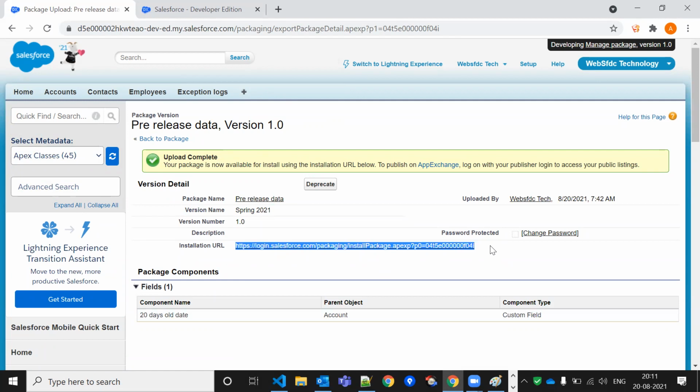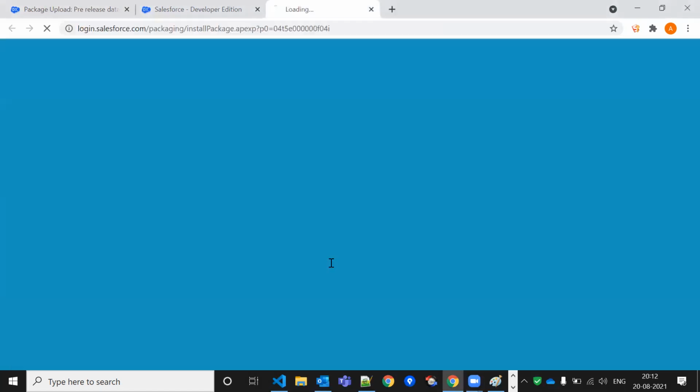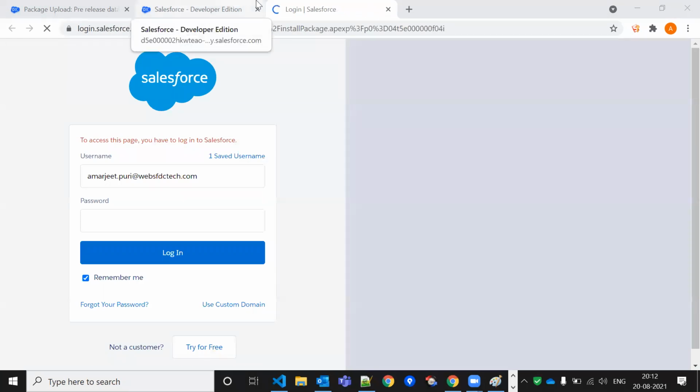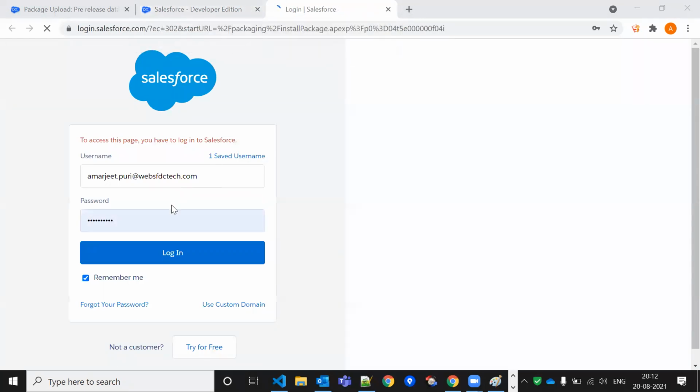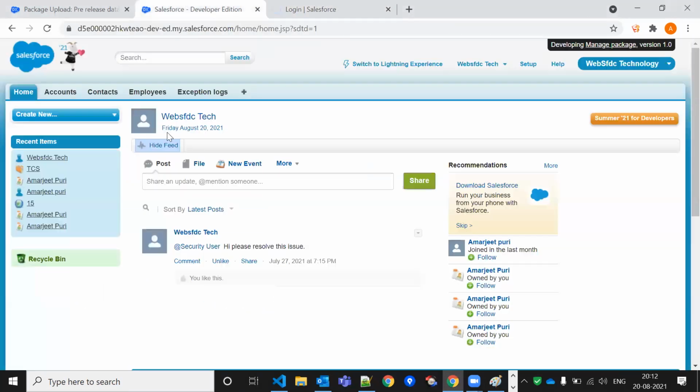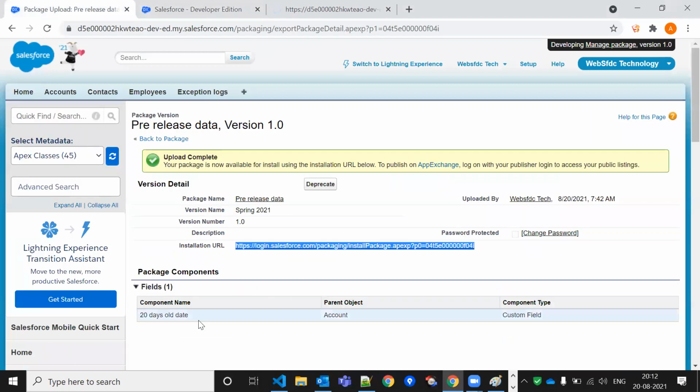Okay, so this is a link which is generated now. I can give this link to all of you, so you can copy this link and try it on your own. You don't need to do anything. You just click on this link, and it will redirect to this page. After 3 to 4 minutes you can try. It is uploading the components I added.